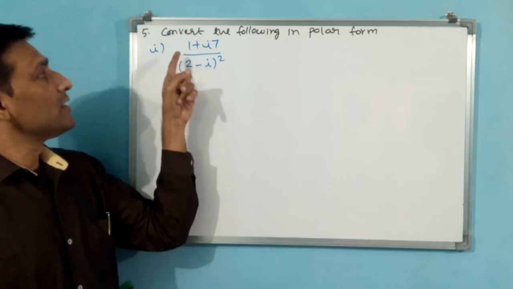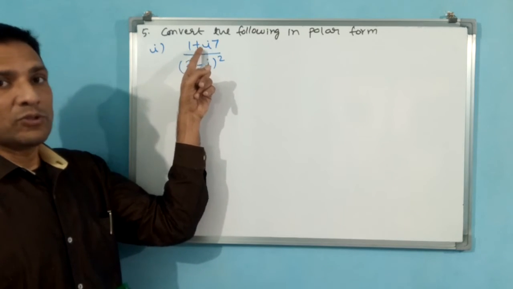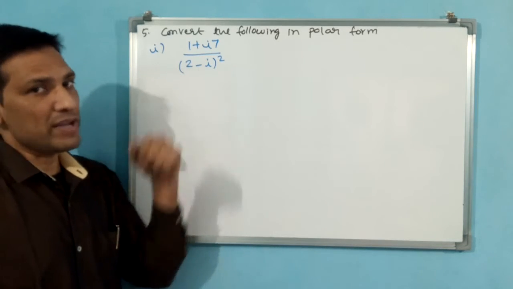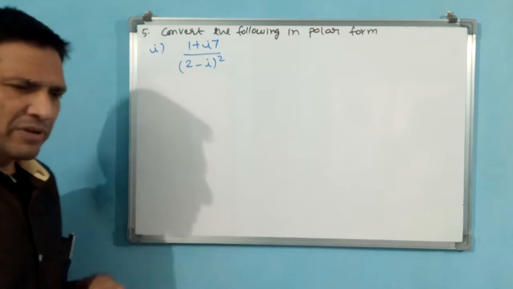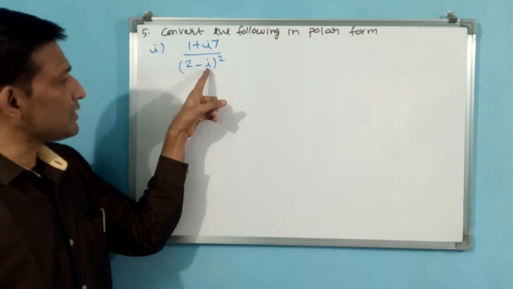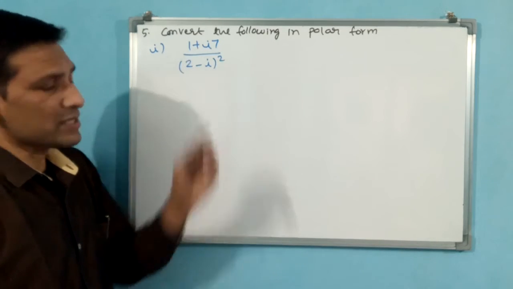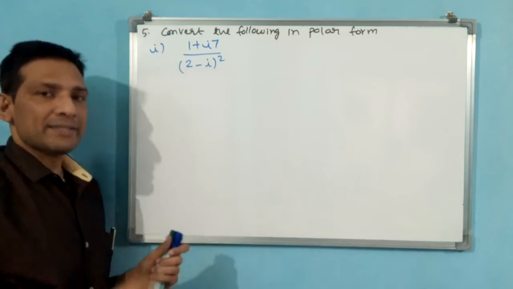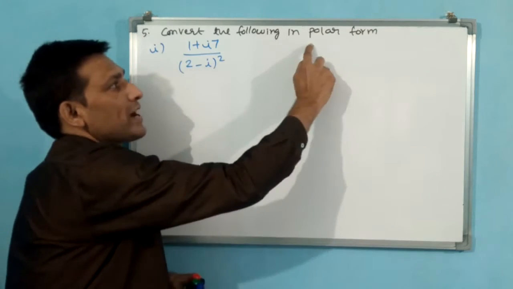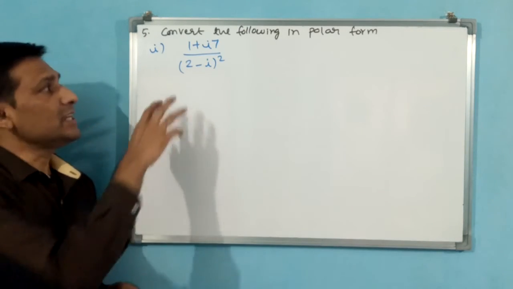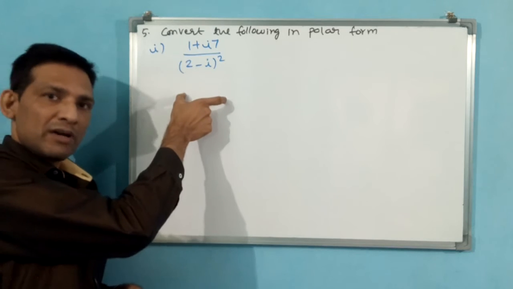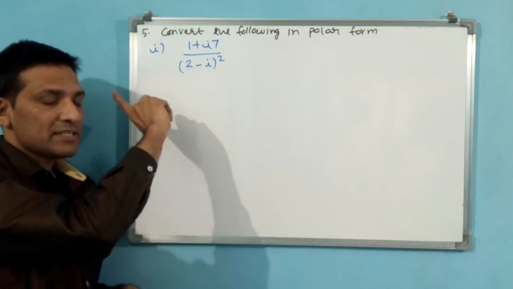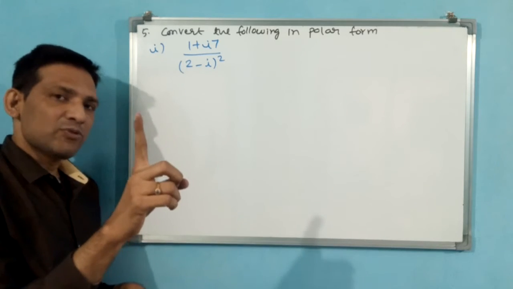Okay, you see here, top numerator also complex number, denominator also complex number square. That means z1 minus z2 or whatever it may be, square is there. Here, this is also complex number. You see real part, imaginary part, real part, imaginary part. 2 complex numbers are there, but in the denominator complex number square is there. What you have to do, you have to finally convert into polar form. That means you have to square it, you have to make one complex number, then rationalization you have to do.